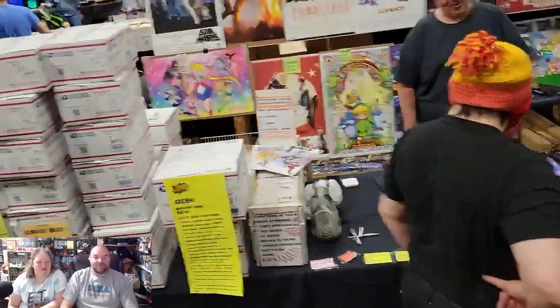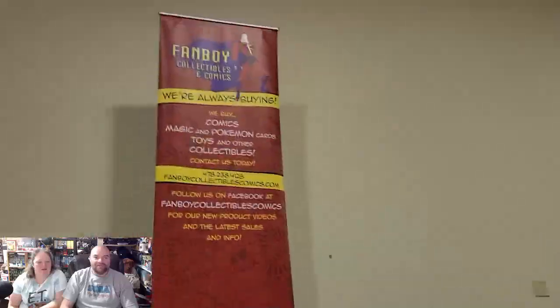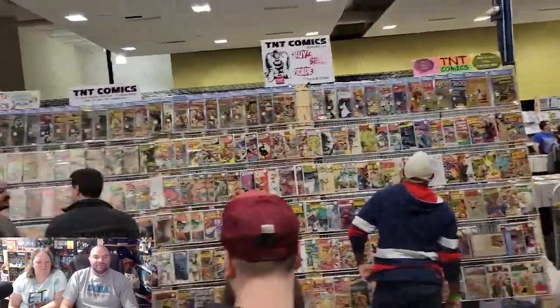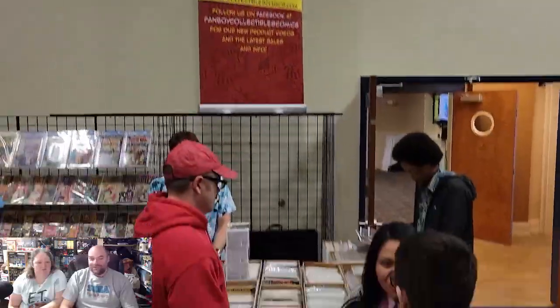The vendor that had some cards, I didn't pick anything up from him, but he had a Popeye set of cards. I was like, I don't want to do it. But Fanboy Comics is a local shop, and they were putting on the Comic Con. More comics. It's good to see a bunch of comics. We didn't get too many of those, but